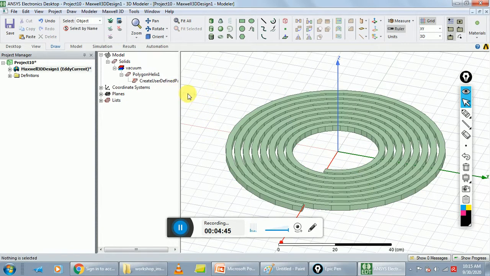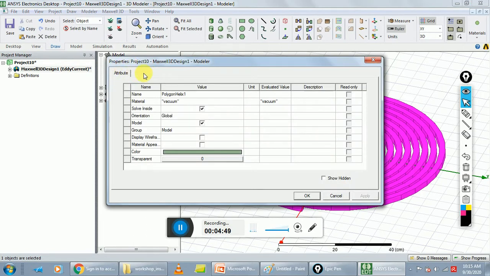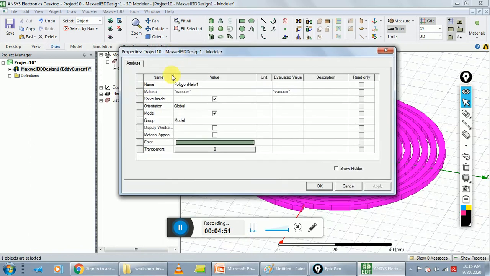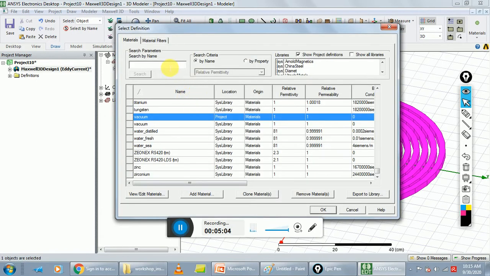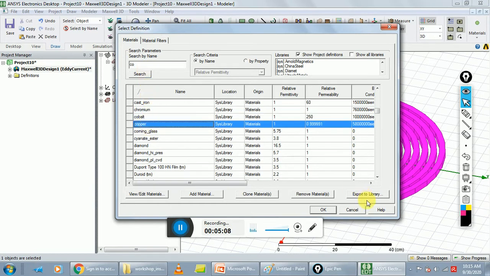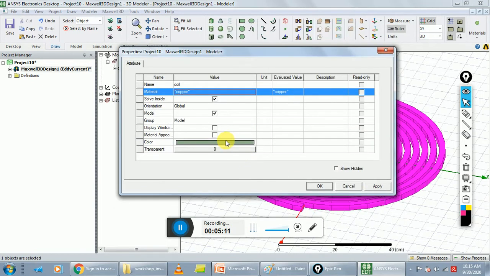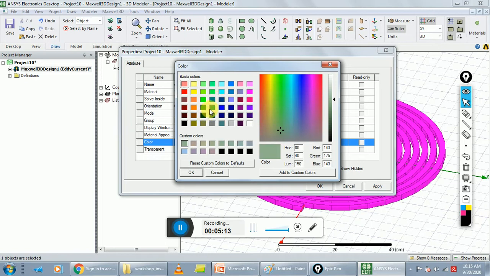After the completion of this step, go to history tree and double click on polygon helix 1 and change the name to coil, and next step is assign material. Material is copper. Here we use copper because copper conductivity is good. Choose copper material, make it okay, and choose color.